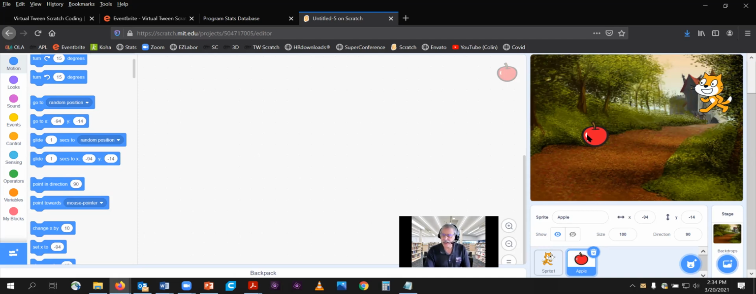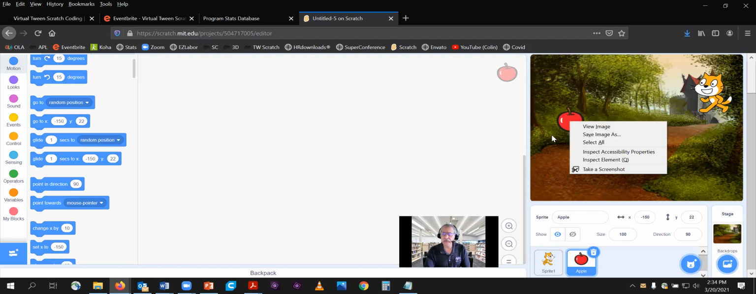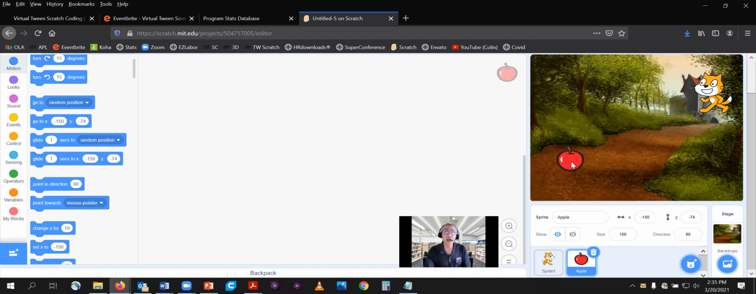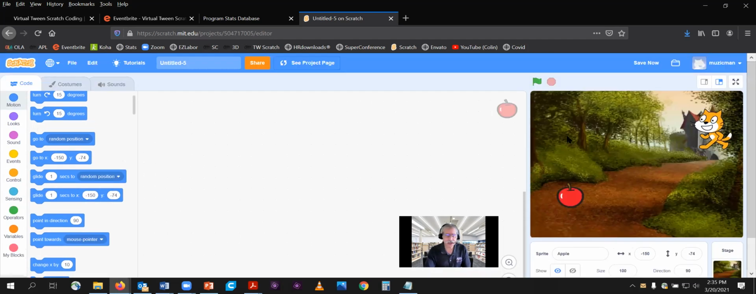So I've got this red apple, and it looks okay, but I don't want a red apple. I want a different color apple. I think like a green apple. So to change the color of a sprite, it's as simple